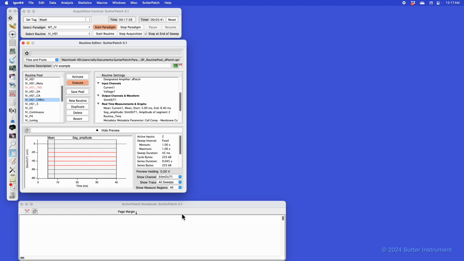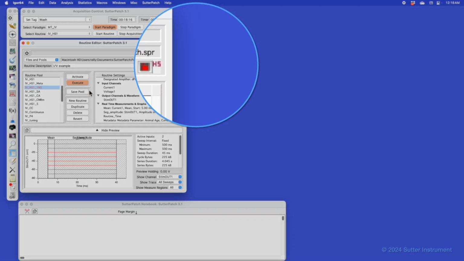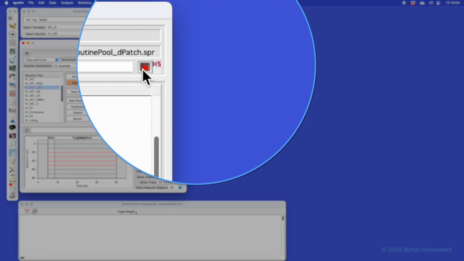For some of the new features that are available in the routine editor, there's been quite a number of features that we've added over the past few years. One main feature is the ability to execute a routine without storing it. It's controlled by the button here, which just enables or disables the storing. And we made it on a routine basis and not a system-wide basis, that way it can't be left on or off. The idea here is you could duplicate routines. You can make some of them storing, some of them not.